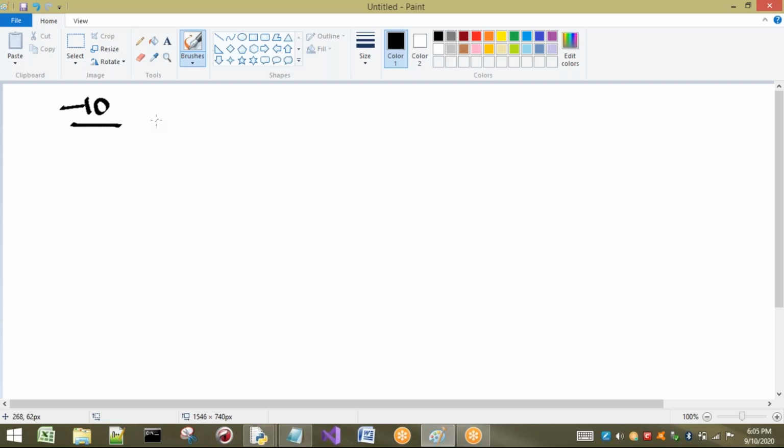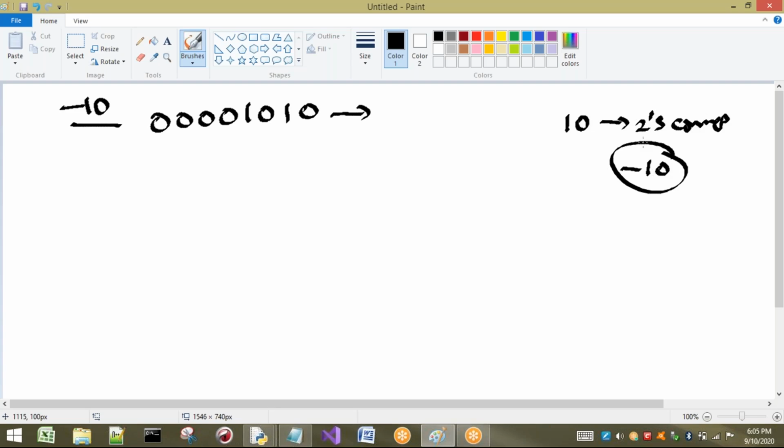So first I have to take the positive value, that is 1010. Then I have to make the 2's complement of this number, and we will get the negative of that value. That is, if I take the 2's complement of positive 10, that value will be -10.